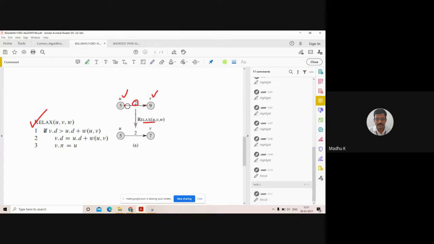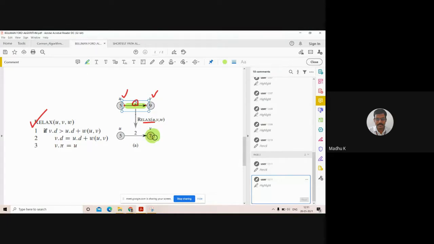Just note it. v is the neighbor of u, and the relax function will update the distance of its neighbor v. The condition is: if v.d greater than u.d plus w of